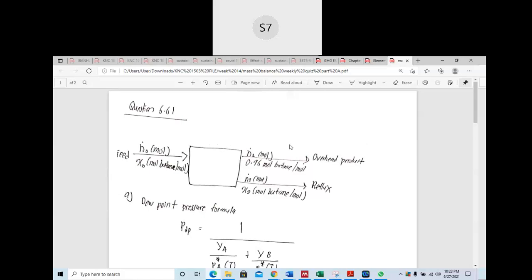Today I will continue for the part of question 6.61, that is about the vapor, about the overhead product from the N-butane and N-pentane. Okay, as you can see from here,